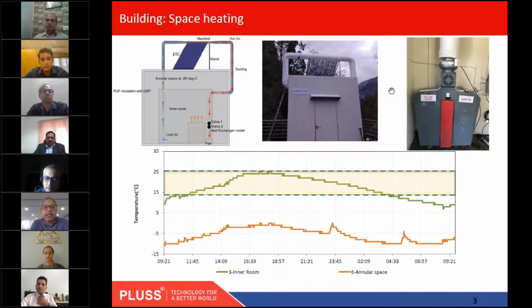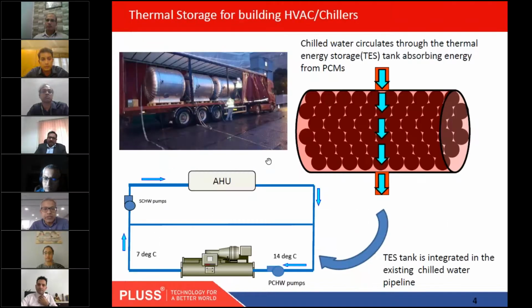In the next slide, can we change this slide? Yeah. So the next slide here shows the chillers which are there in buildings. When you have large office complexes, for example, and they have huge chillers, these office complexes typically need energy from, let's say, 9 in the morning till 5, 6, 7 in the evening, and they are closed at night.